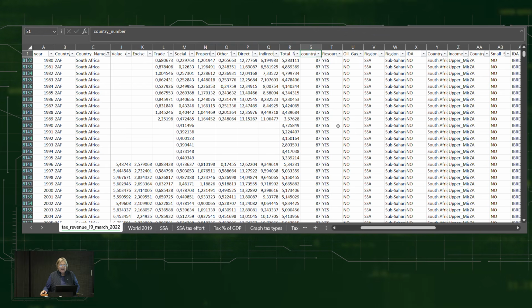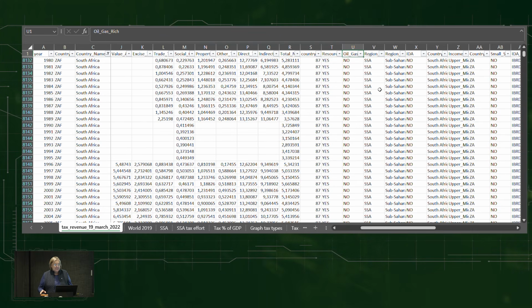Country number. They've also given each country a number. That's just how they sort their database. And then they also determine whether you're resource rich or not. It's an index that has been put together: if you are resource rich, you'll see there's a number. If you're not resource rich, it will be a 0. In this case, can you see it says yes, yes, yes? I think for most of you, you should have a yes. You agree with me? Because Africa is actually very gifted with a lot of resources. And then, are you oil and gas rich? Unfortunately, South Africa is not, so we've got a no.